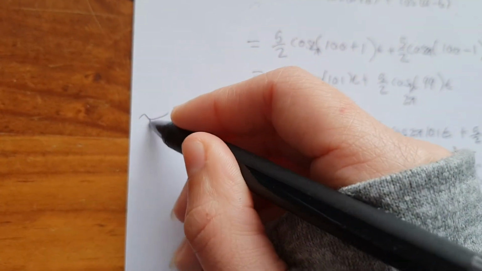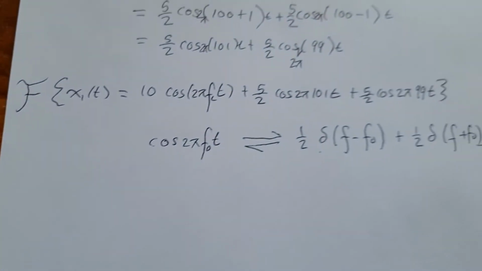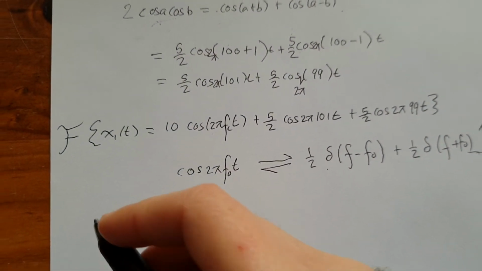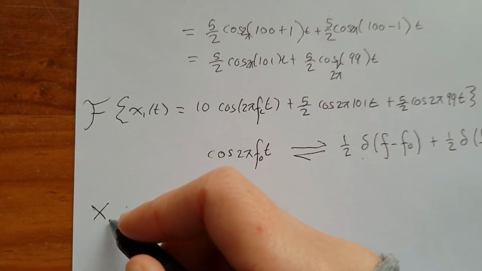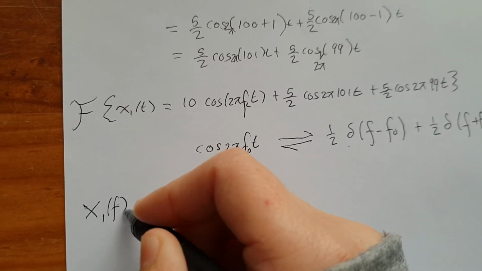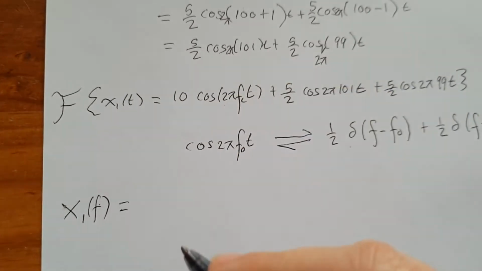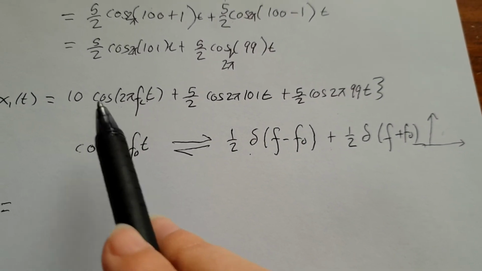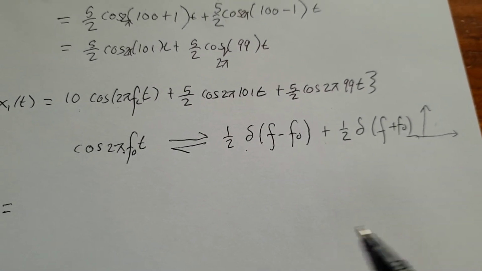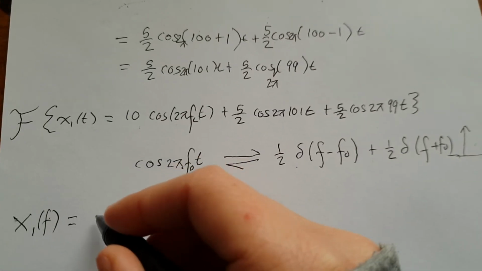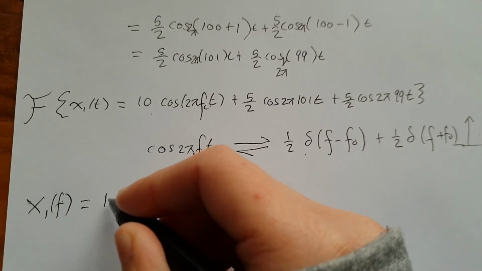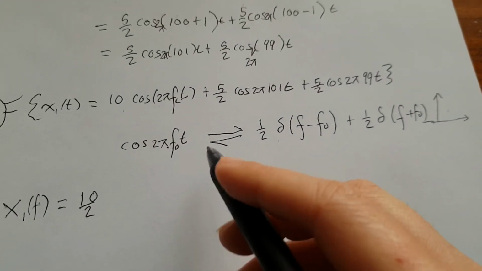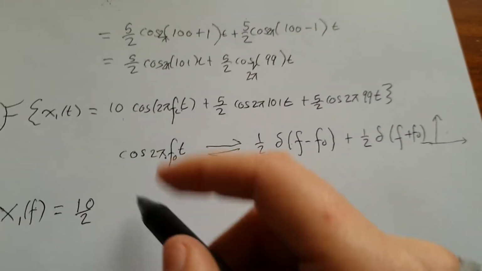Okay, so now let's apply this in here and take the Fourier transform, and let's start with this first term. Let's do it in little pieces. So now our x will be x1 of f, and let's go with our first form. As you see, it fits quite nicely, but we have a 10 here, so we need to divide the 10 by 2. Let's keep it like this for now so we can see what we're doing. And then we have delta